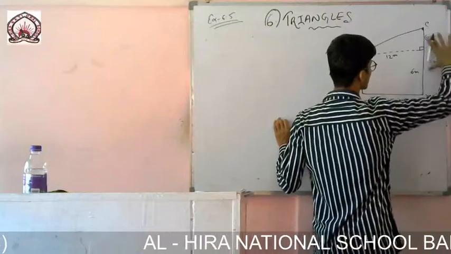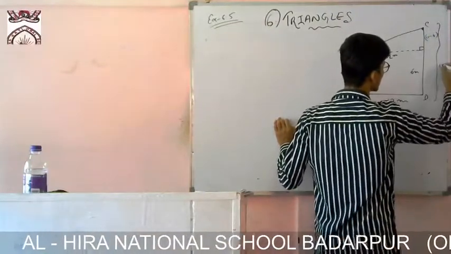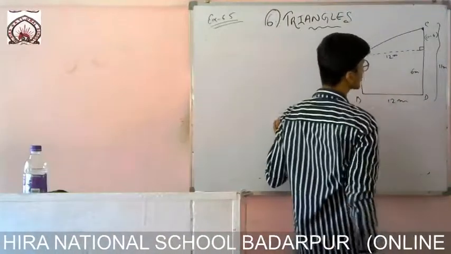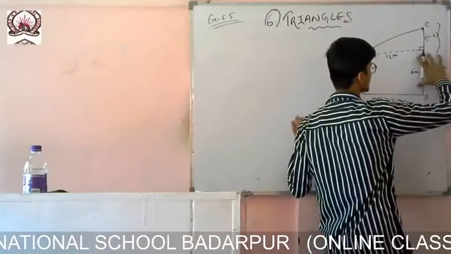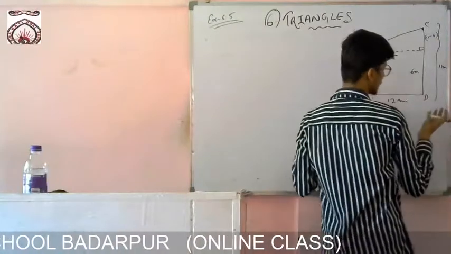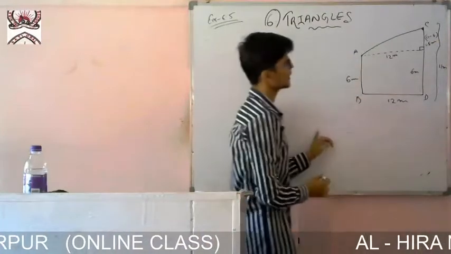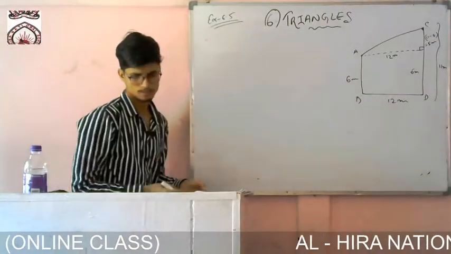So this whole line, from here to here, is 11 meter. Okay. So this part is 6 meter. So that means this one will be 11 minus 6. So 6, 7, 8, 9, 10, 11. So this one came to 5 meter. Okay. So now I will use the Pythagoras theorem here.